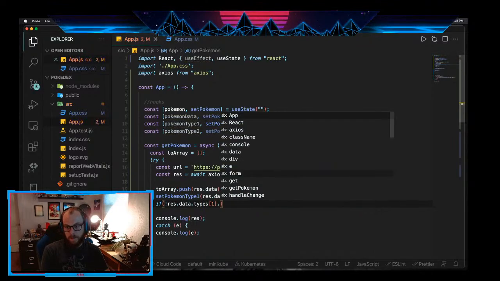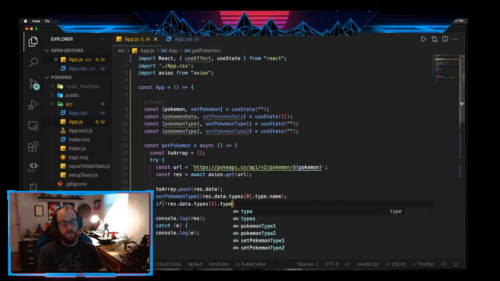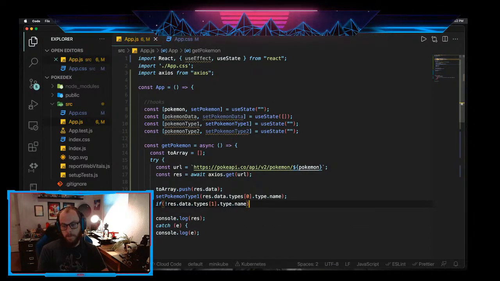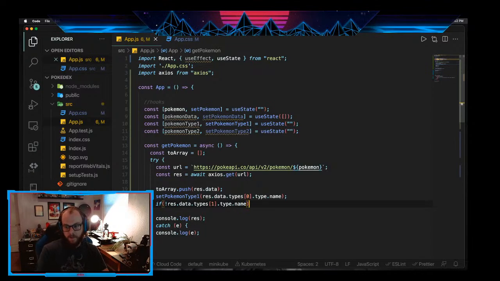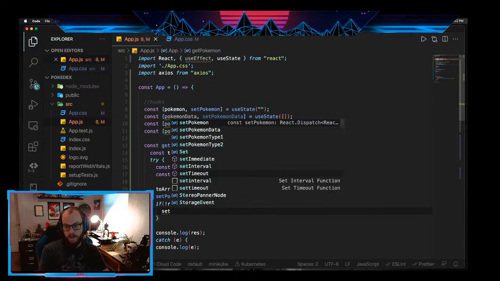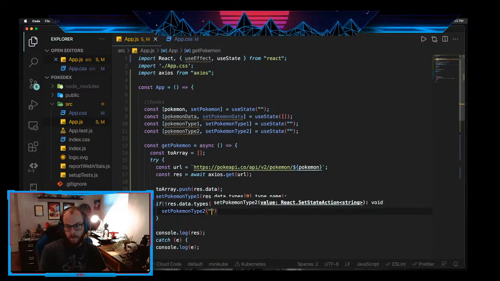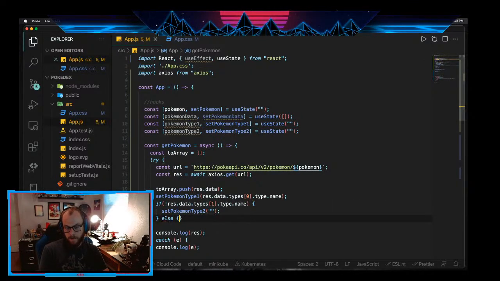Because this is going to be the second type. Remember that in JavaScript, arrays start at the 0th index. Type.name. So if you notice, if it doesn't have that, then we'll just set Pokemon type 2 to an empty string, else